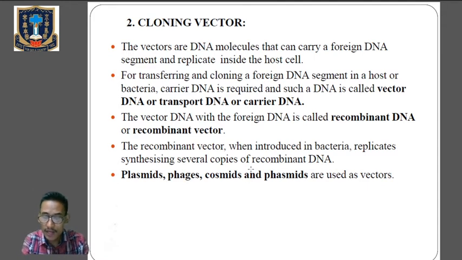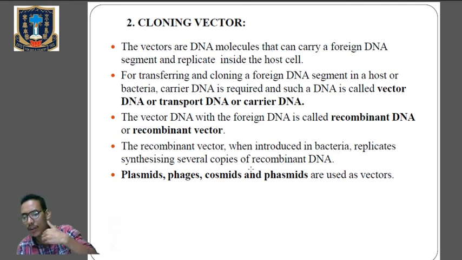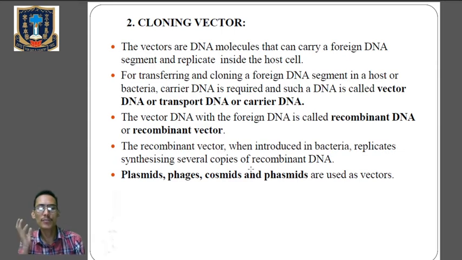Clear? So the vectors are mainly the DNA molecule that carry the foreign DNA segment having the gene of interest and replicate within the host cells by using the host polymerase enzyme. So whenever the vector DNA replicates, multiplies simultaneously,